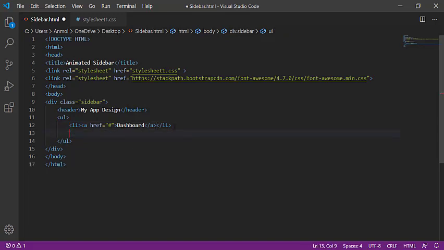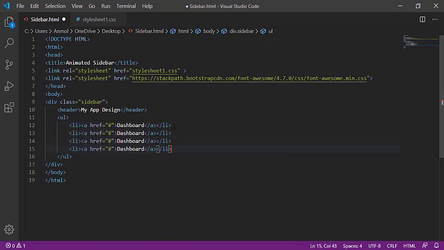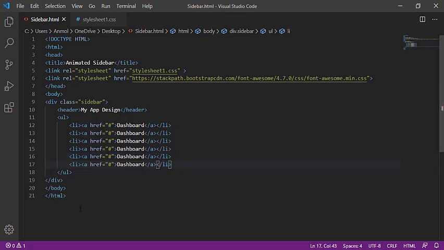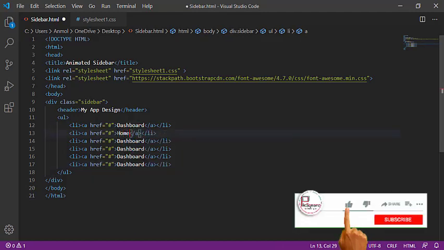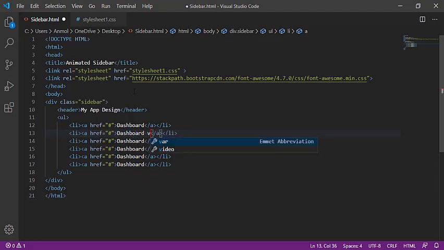I am going to paste it 6 times and save it. Okay, now giving the different names like home, dashboard, and the home is the same, so I am giving the dashboard version 2, and this is version 1.